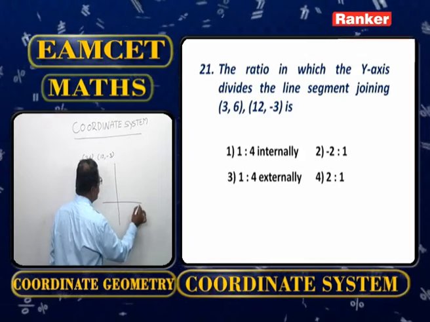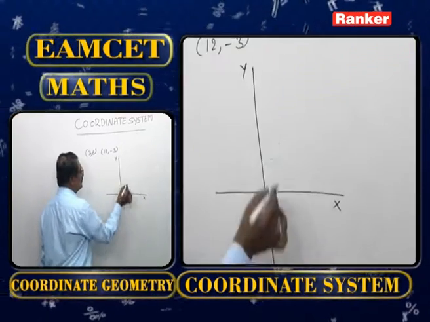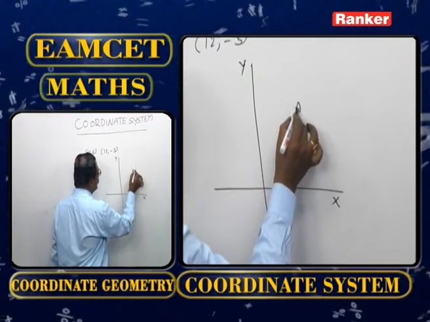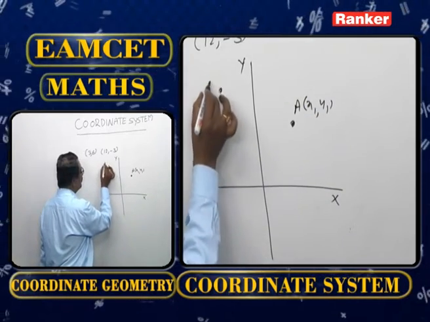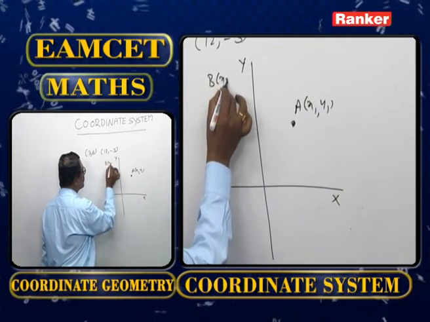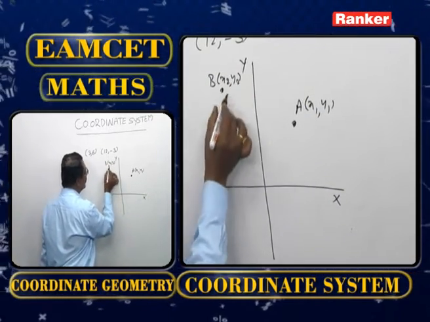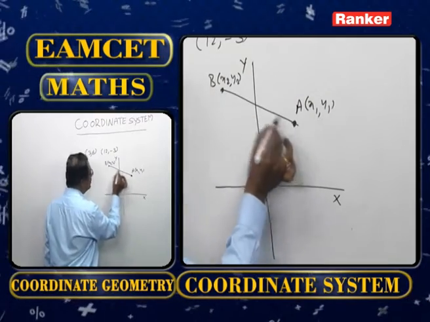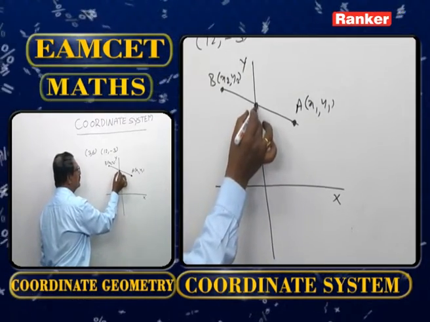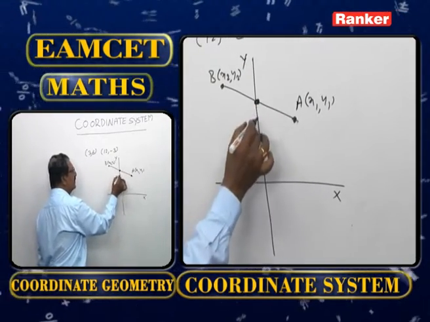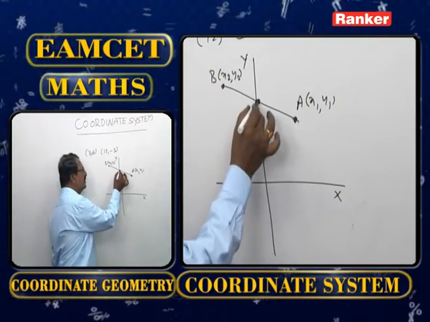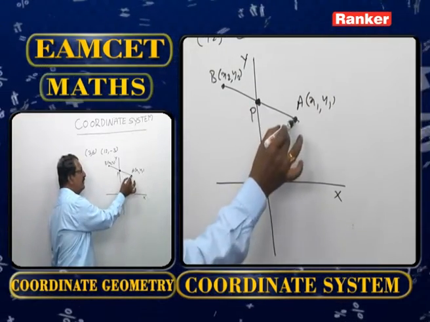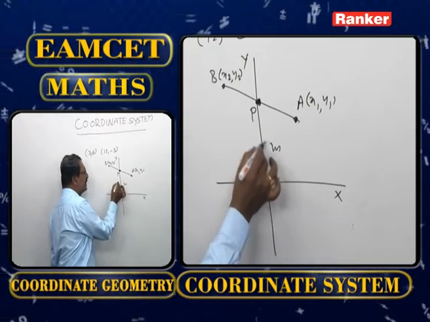Suppose on the x axis and y axis there are 2 points. Consider A (x1, y1) and another point B (x2, y2). Now AB is a line segment. The y axis and AB intersect at the point P. Now suppose the point P divides AB in the ratio m is to n, then